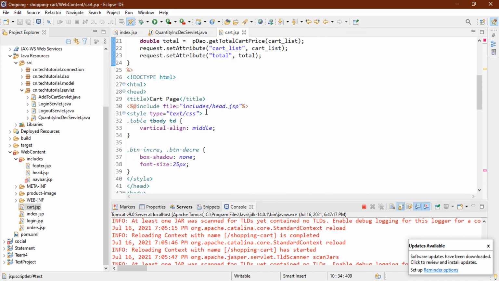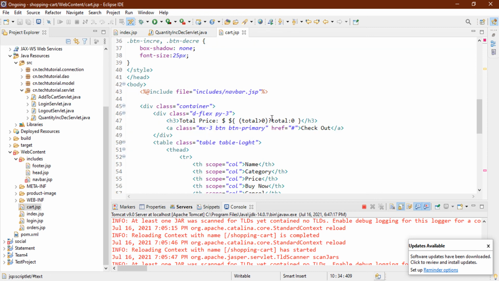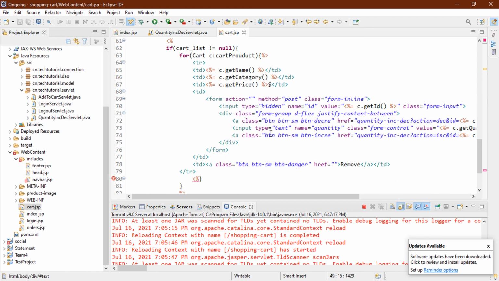Now it's time to come back to our total price. This is our total price, and we are setting that. First of all, let's say dcf.format and pass the total, otherwise 0. Also in the price section we can add that format. Where is our price? Below, this is our price.